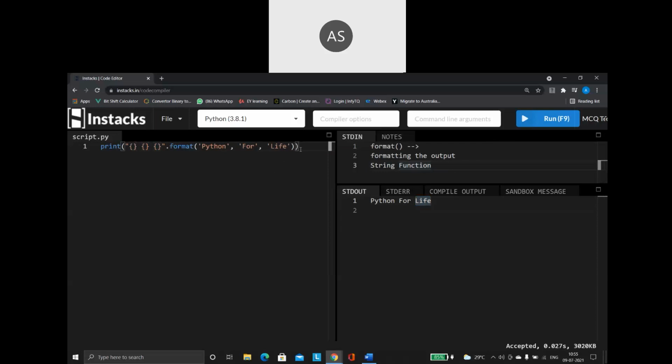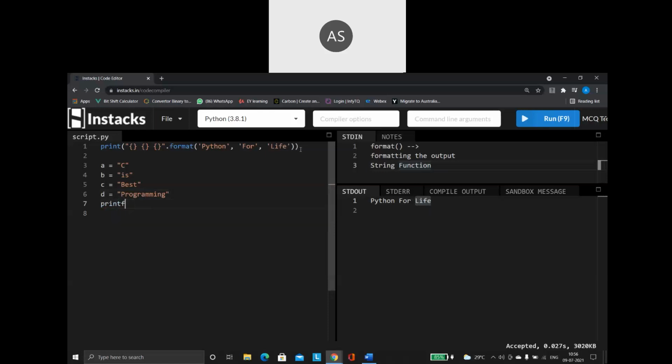Not only this, I can also use it in the form of variables. Say for example, I am creating variables like this: A is equal to C, then B is equal to is. So I am having these variables. Now I want to print them. See how I am doing it.